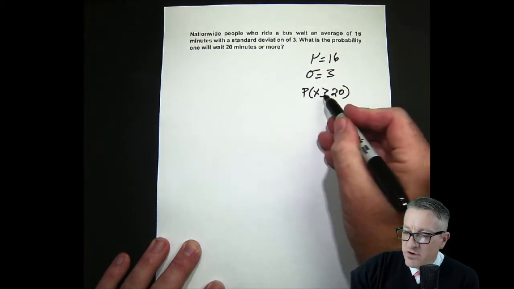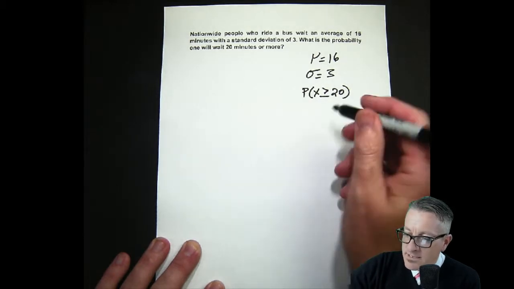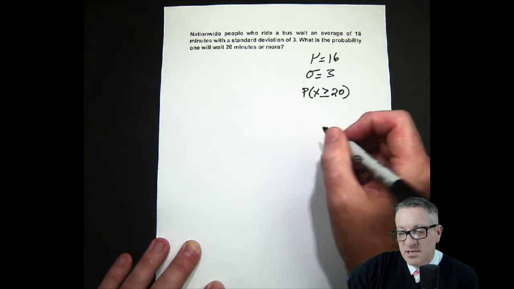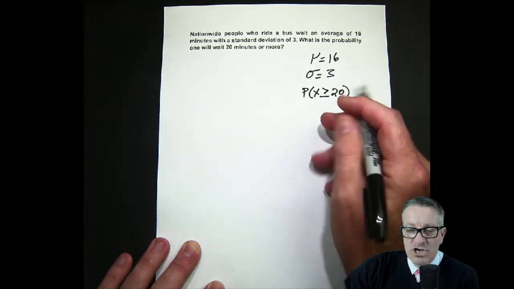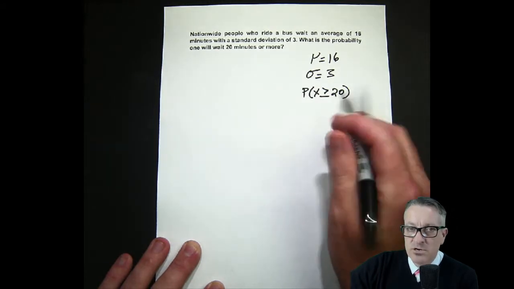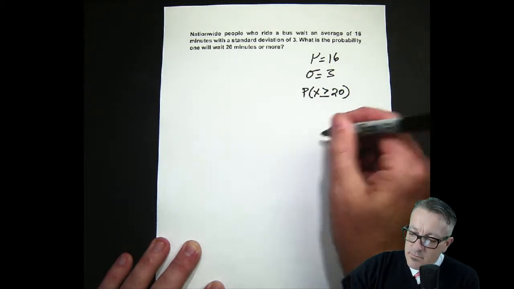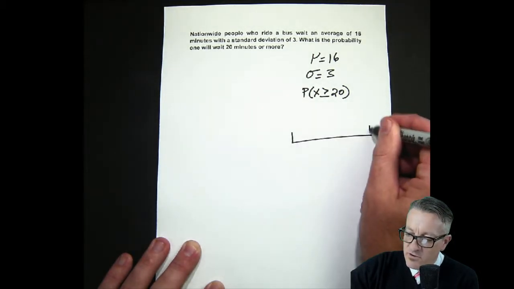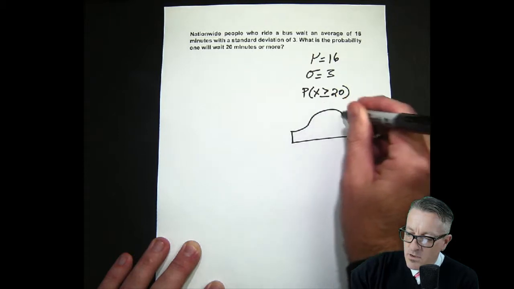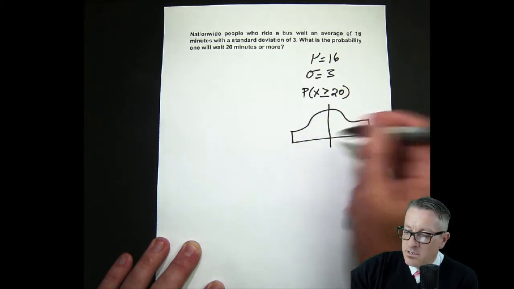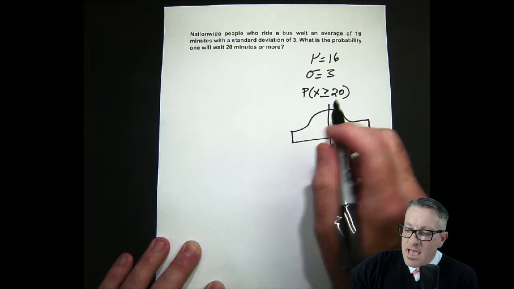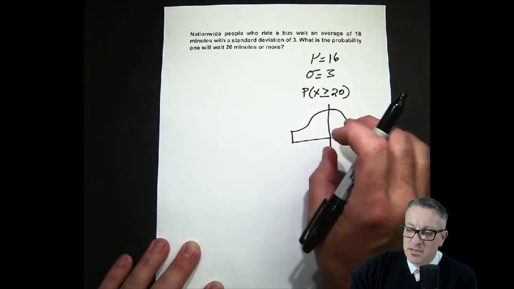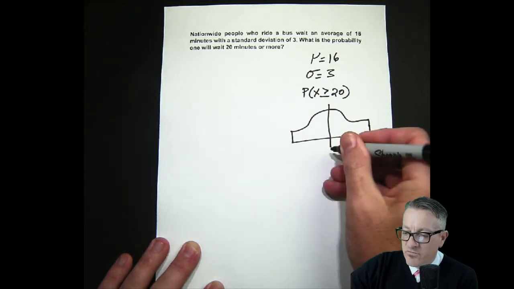Okay, the direction of our inequality is very important because it points towards our area of interest. When we move on to hypothesis testing, it's going to point to the rejection zone. But for now, it's pointing towards our area of interest, and that's what we're looking for. So we always want to draw, it's very important, people try to skip this step. Always draw our distribution because it has to logically make sense when we're doing this. It will help us identify the parts that we're solving for.